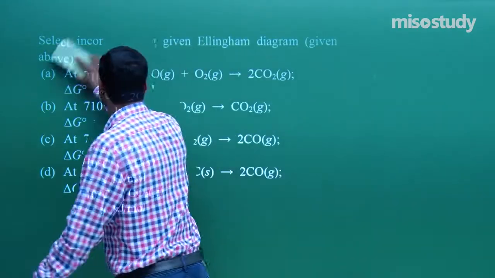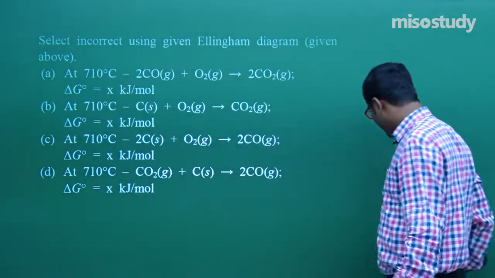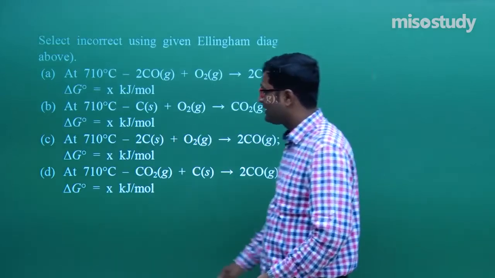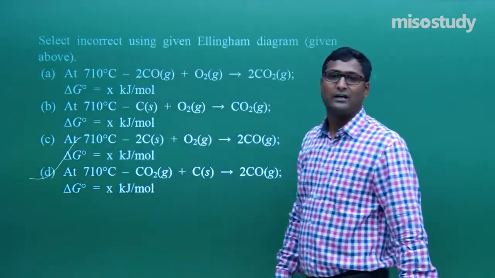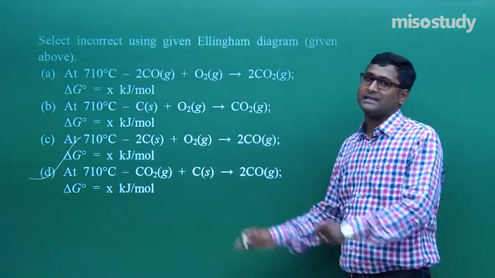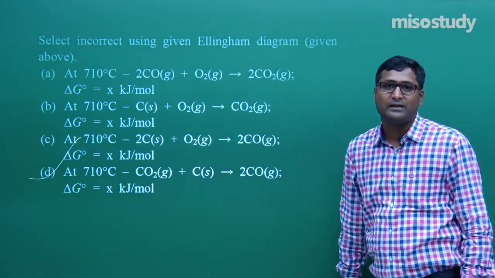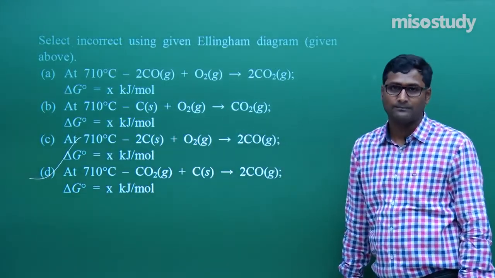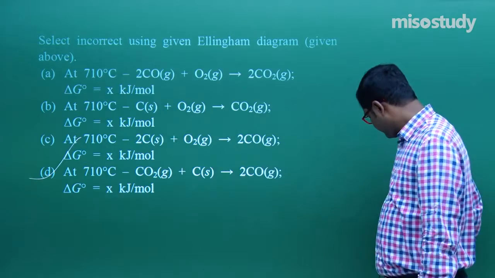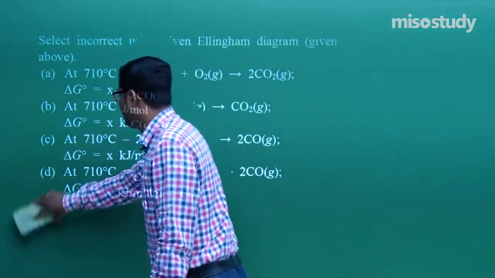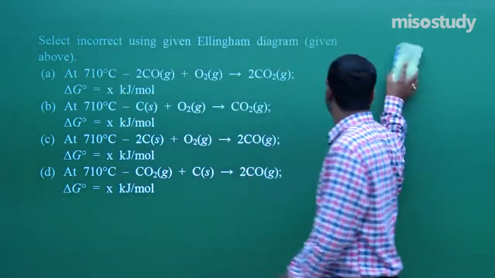So what can we say? Sir, it's very simple. For this question, D is the correct option. Clear? This is the complete question related to the Ellingham diagram. Clear, friends? Now I am rubbing this part and moving towards the next